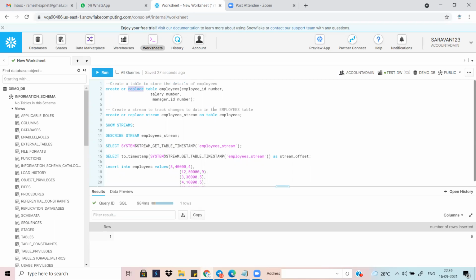Definitely. In real time also you should not use that. You can use it only if it is an override table. If it is a history table, where you want to maintain the history data, daily data, you should not use create or replace. Okay, sir. So this activity is for the history kind of stuff.